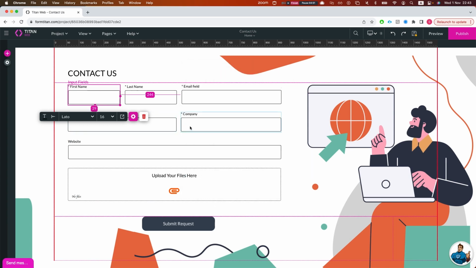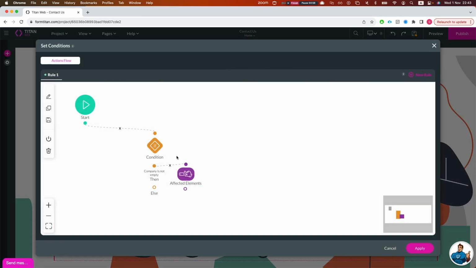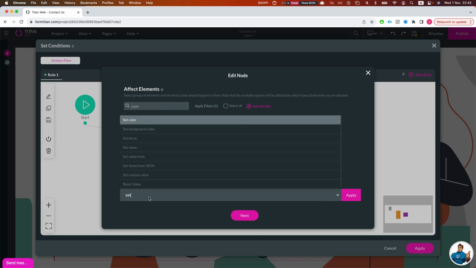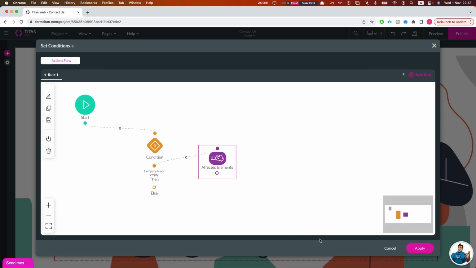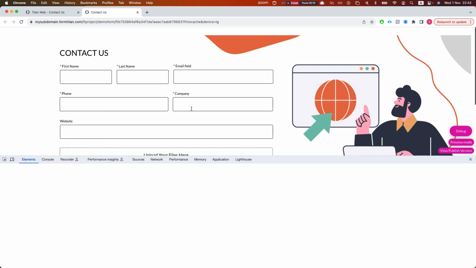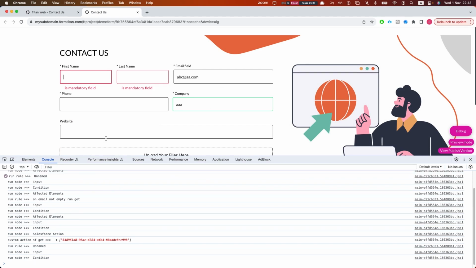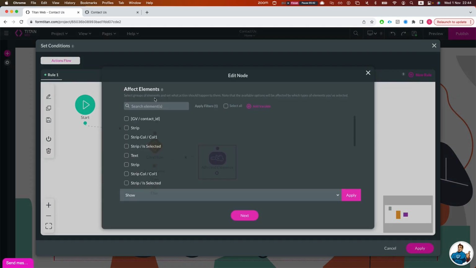Now basically what will happen is I affected email. So let's fix this logic loop. We'll affect company and we'll set value. Okay, if we run this and I inspect again and look at the console, you can see that some bad things are happening here. Immediately you have a logic loop. Right now we had the email being affected. This is why it stopped, because the first name was populated to empty. But if I quickly fix this